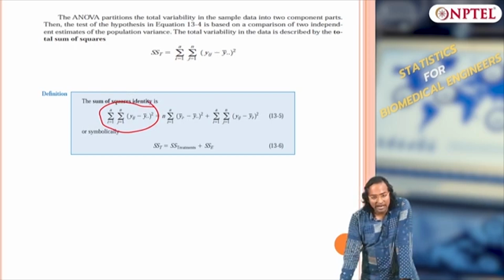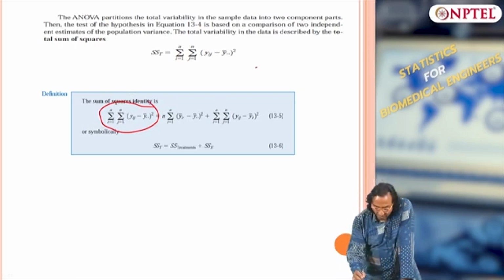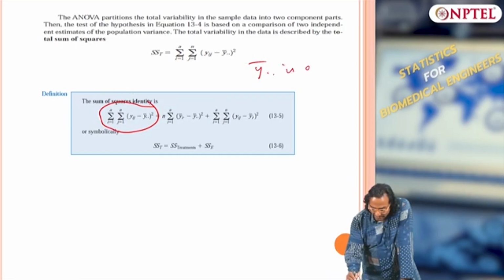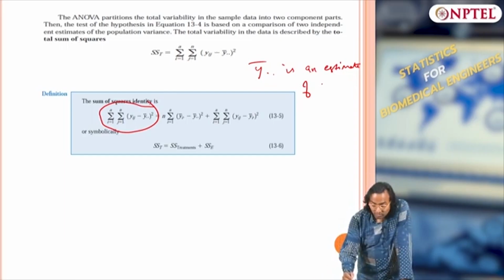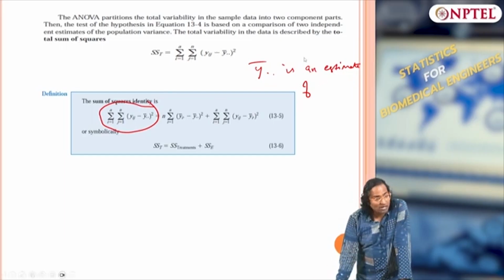Agreed? This is the total variation in I. Y bar dot is actually an estimate of what? It is an estimate of the grand sample mean. So y bar dot is an estimate of